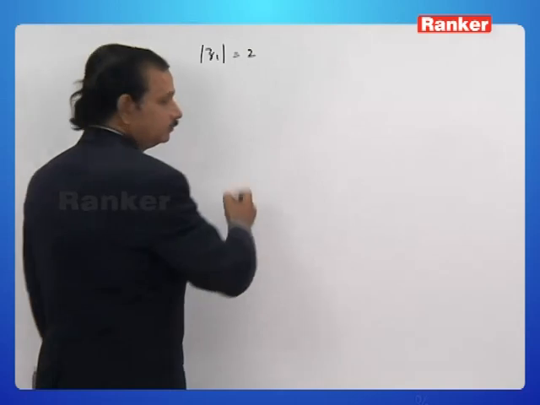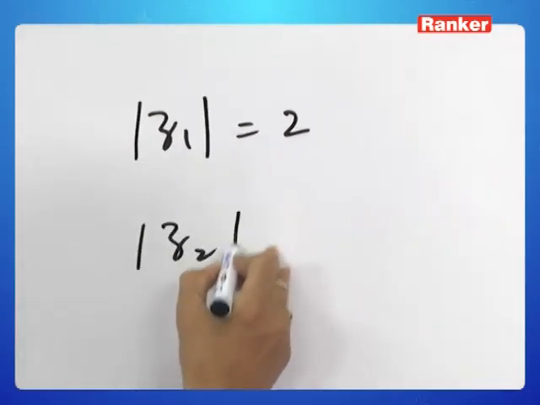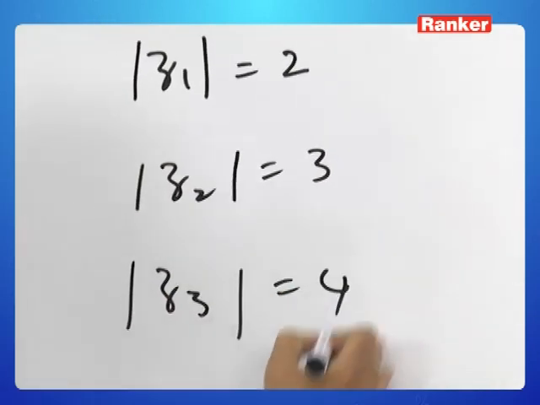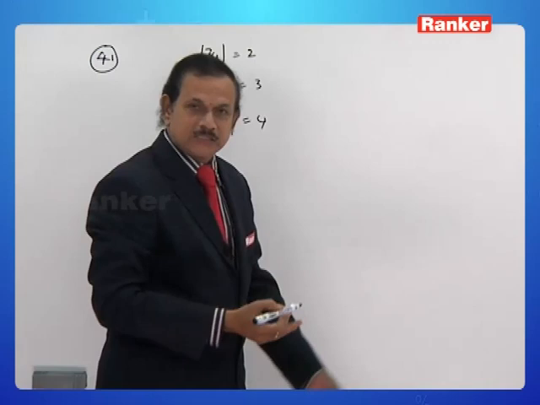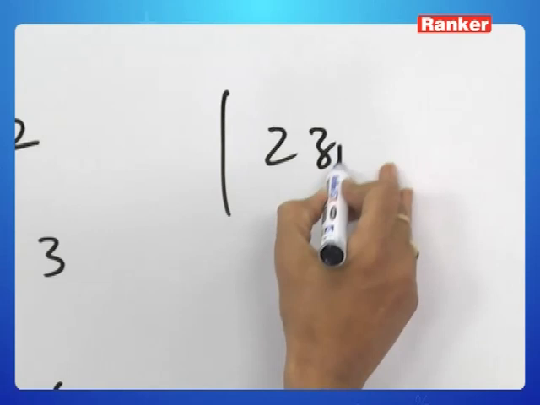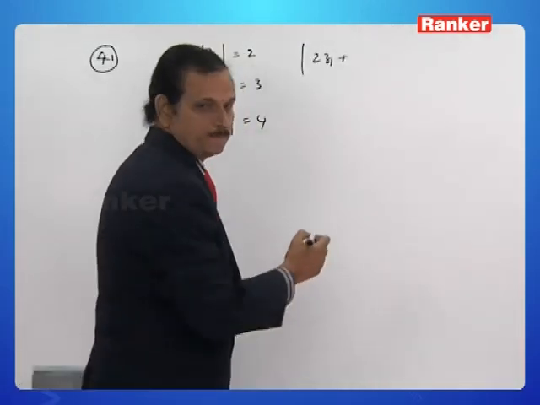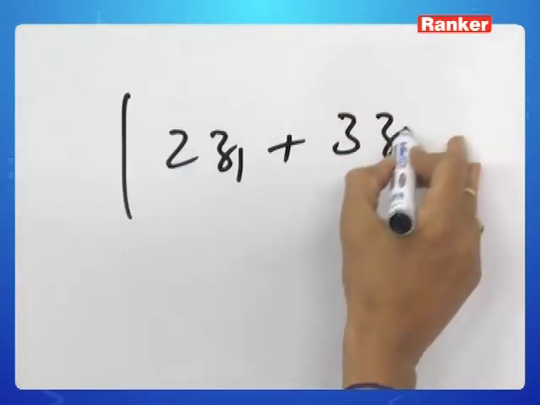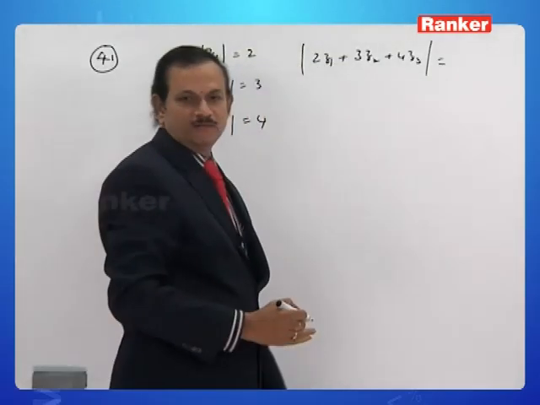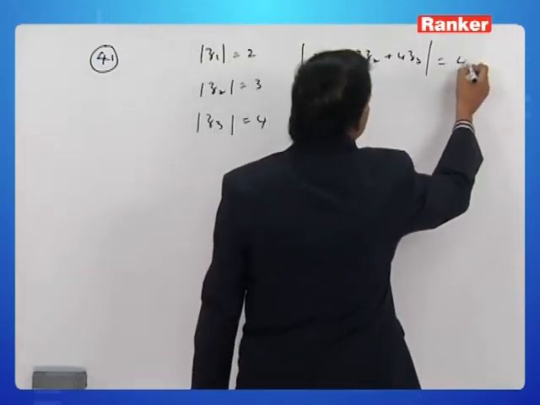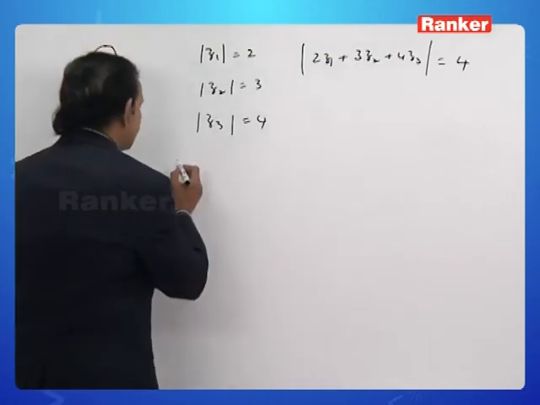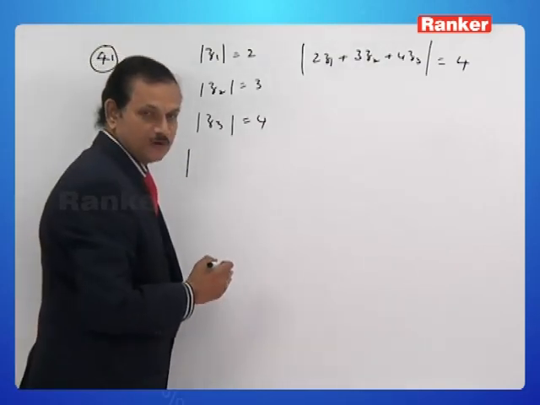We are given mod Z1 is equal to 2, mod Z2 is equal to 3, mod Z3 is equal to 4. Besides these, he has given another lengthy piece of information, that mod 2Z1 plus 3Z2 plus 4Z3 is 4. What do we want to calculate? The absolute value, that is the modulus of